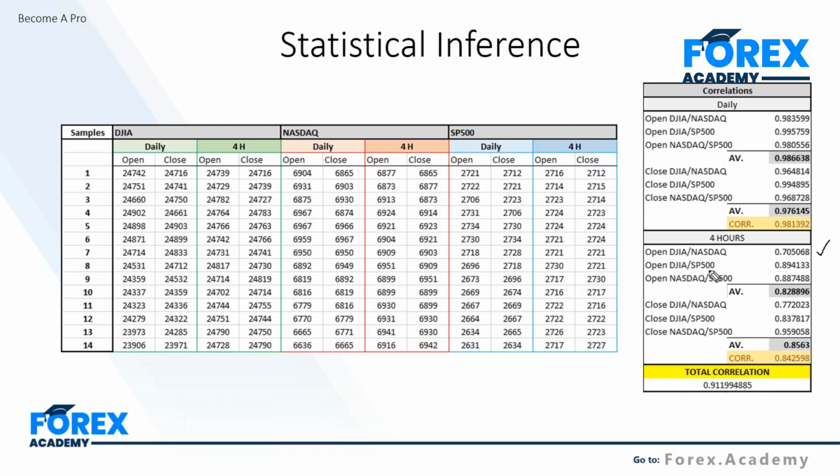Again, the Dow Jones in the shorter term with the 4-hour observation, the Dow Jones Industrial Average and the S&P, 89, very, very strongly correlated. Again, the NASDAQ and S&P 88. So very strongly correlated in terms of their opening prices in the short term. 82 is our average. Again, we do it for the close prices. Again, 85 or 0.85 is our average. And as we combine, our total factor for the short-term price study is 0.84 correlation.